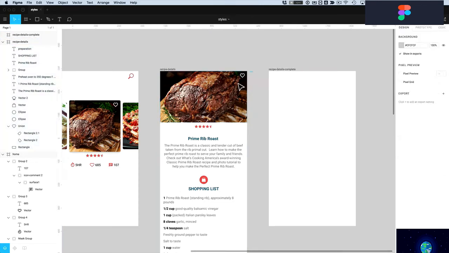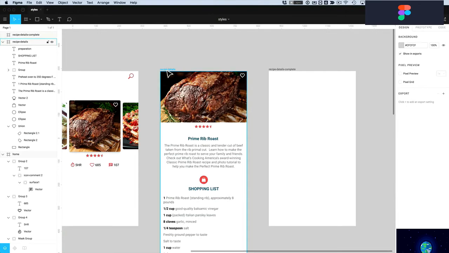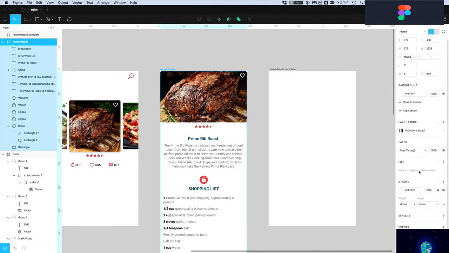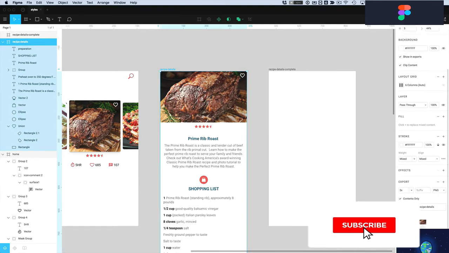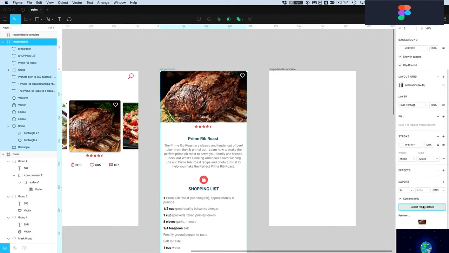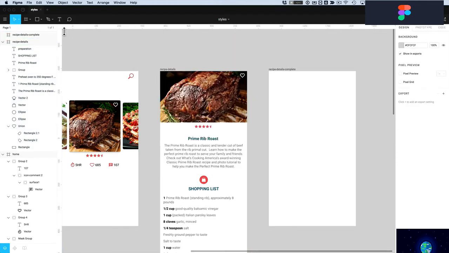So I could just hover over these elements and copy and paste onto this artboard, or I can click on this artboard itself, and if I go to export here, I can click on this export, and I'll just export this at 2x, and we can see a preview here of what it's going to look like. And let's go ahead and export this as a PNG, and you can export this anywhere that you want. I'm going to export this on my desktop, and now I want to bring it back into the project,